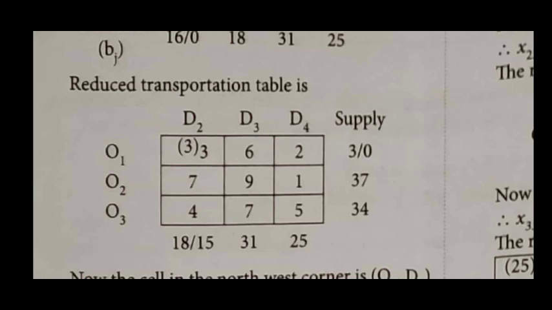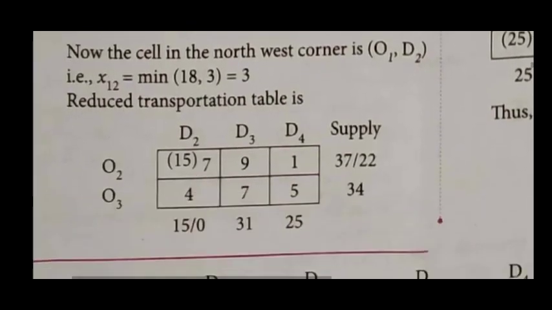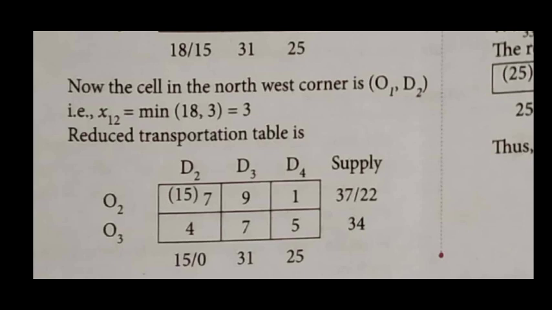So now we eliminate the row which has 0. Here we eliminate the first row, that is O1 is eliminated. After eliminating this we have two rows, O2 and O3 only. Now the cell in the northwest corner O1 D2, the minimum of 18 and 3 is taken. Here the minimum is 3. So the reduced transportation problem becomes